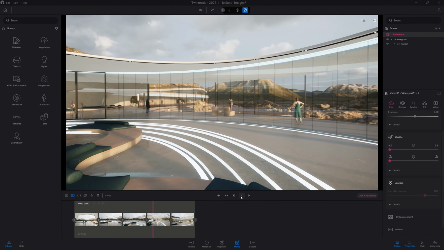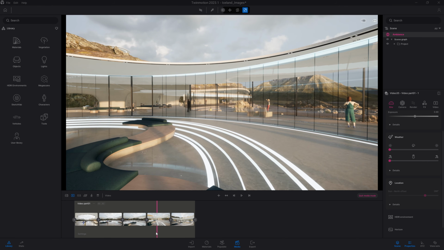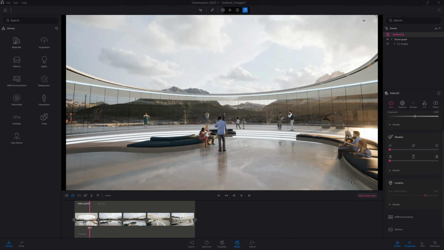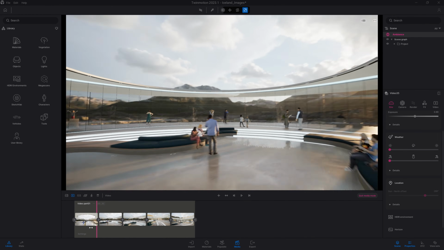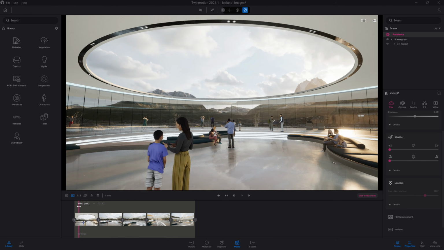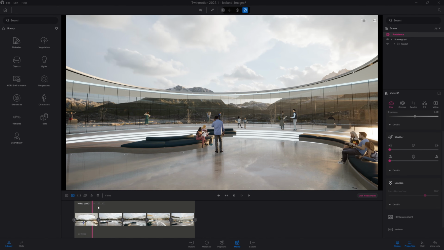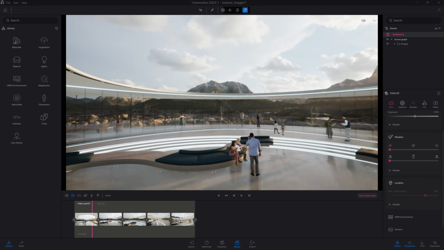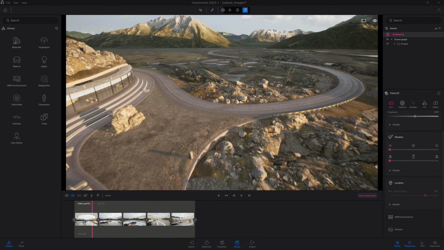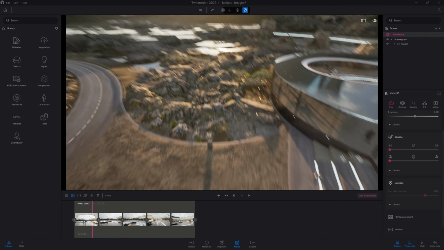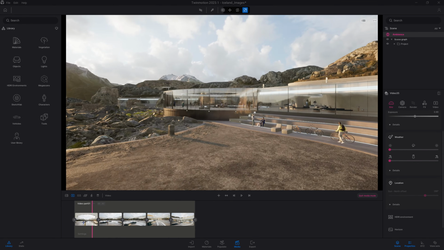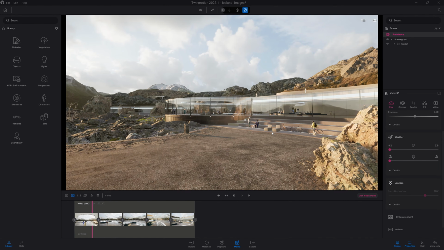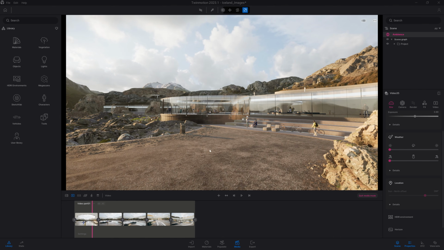Let's say now I am happy with that first camera pass, I want to create a second camera pass. It's what we call in Twinmotion the parts. To do that, I will need to click on that plus button. But let's first try to find a new interesting point of view. So I'm going to move out of my project, come by to my parking lot. And let's say I want to create a new camera around this area. So now I will click on that plus button.